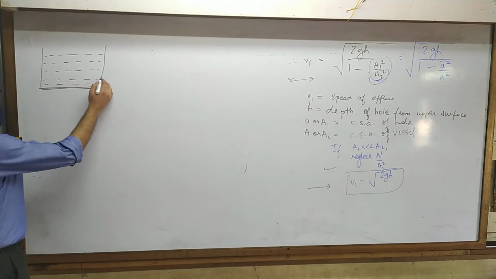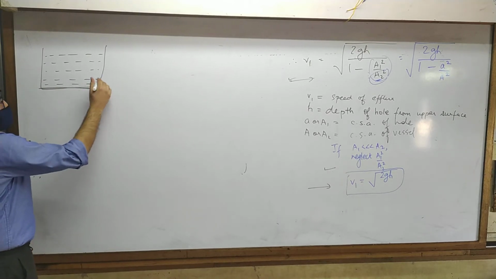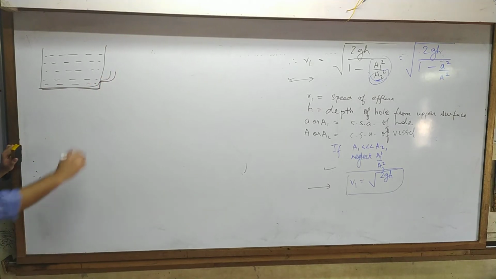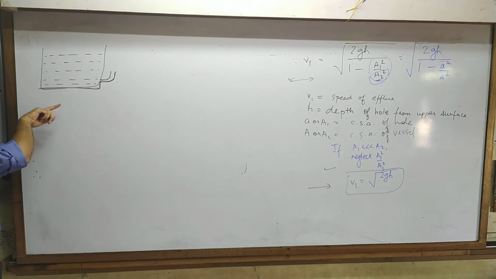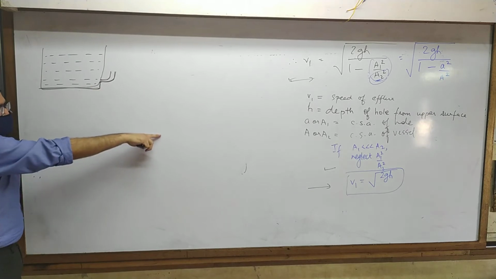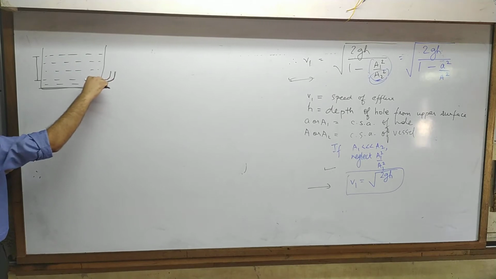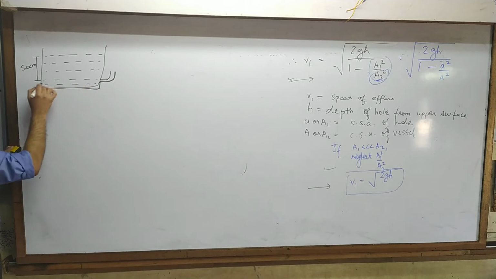But at the hole we have put a pipe like this. Okay, so what I mean to say is it's going up. We have put a uniform pipe like this, so that instead of the fluid going out like this, it goes up. So the question is that suppose the height of the surface from the hole is, let's say, 50 centimeters, and the hole is at a height of 20 centimeters from the floor.